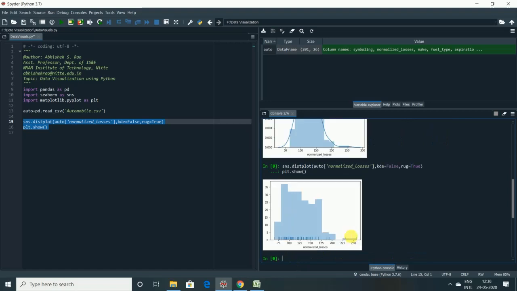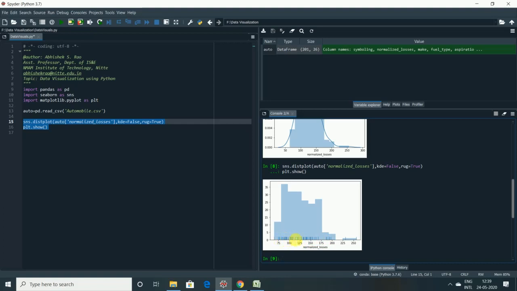What you can see here is that the KD is missing. You can see the histograms properly, as well as the rugs here. Can you see the bottom vertical lines over here? These are called rugs. Actually, the rug is the number of observations that are plotted within these bins. It shows a sequence or a frequency of values. Each line indicates a single observation. So this will give a clear picture with respect to the histograms, right?